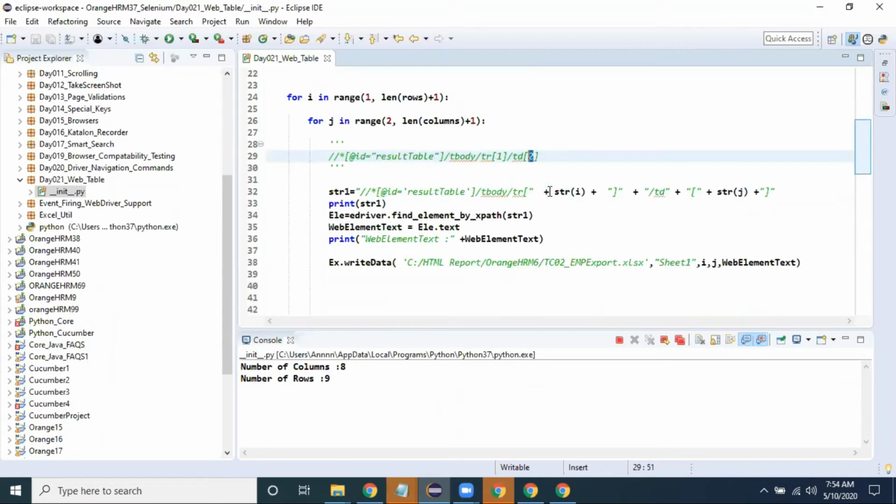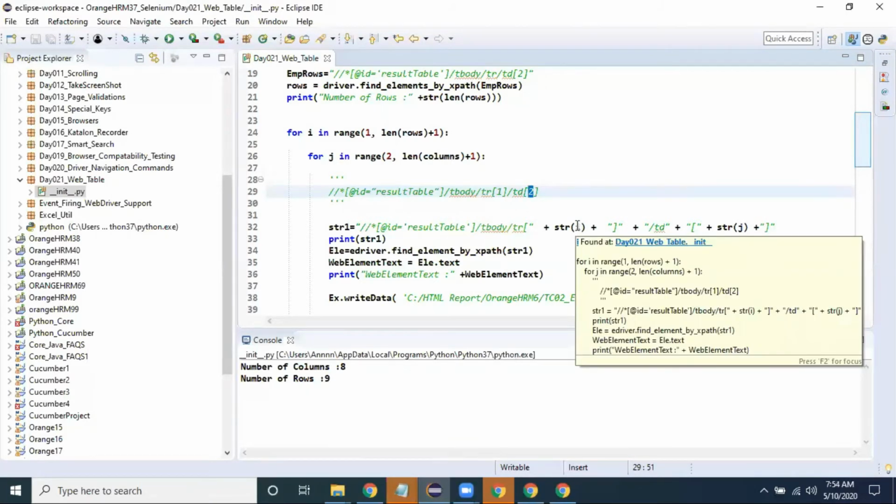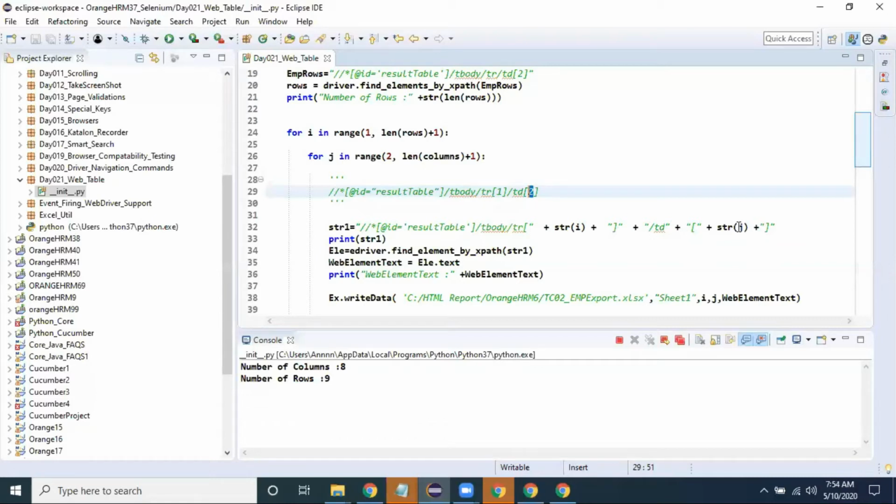Whenever I'm traversing any web cell, str of 1 of 2, 1 of 3, 1 of 4, 1 of 5, here only the j value is changing. The i value is fixed because when i is 1, the control enters the for loop, and after that my j value starts from 2, and only the j value keeps changing: 3, 4, 5, 6, 7, 8. When the j value becomes 9, the condition j less than 9 fails, and it won't repeat.